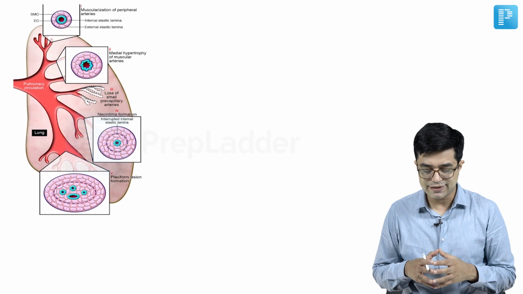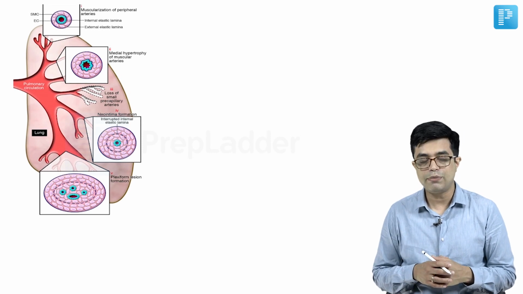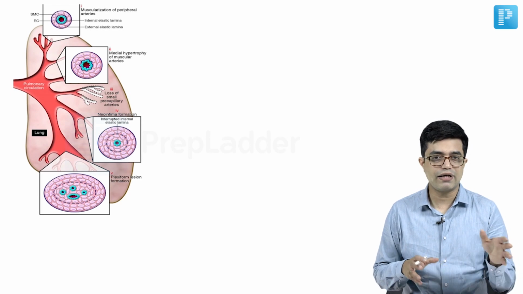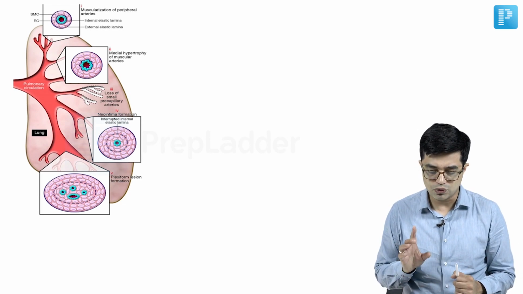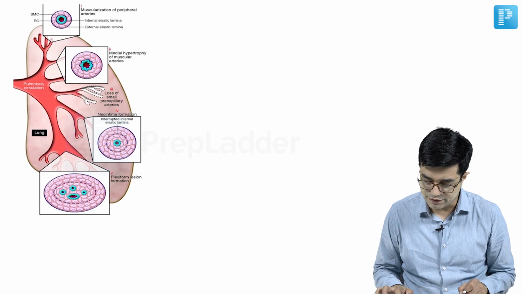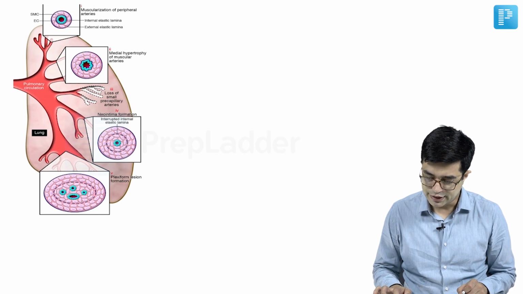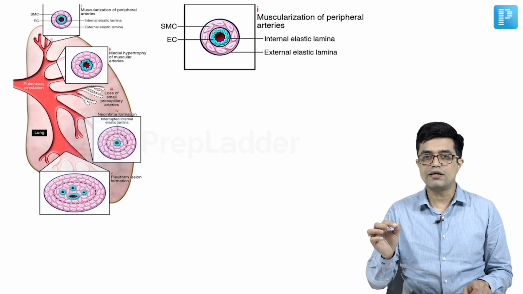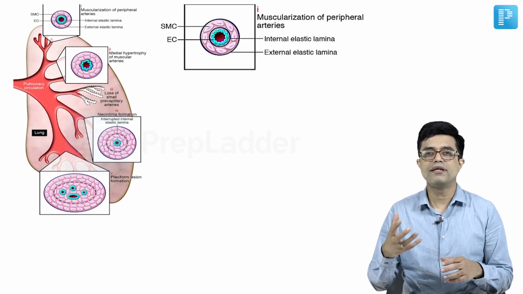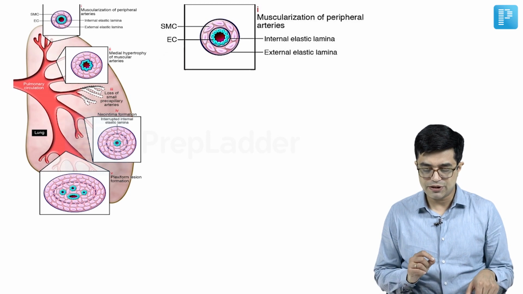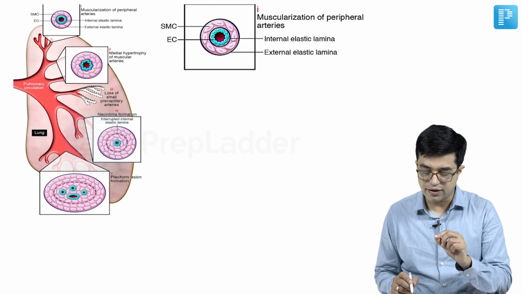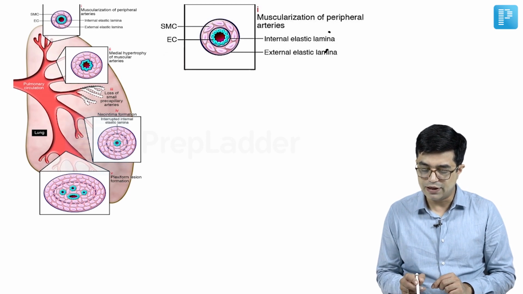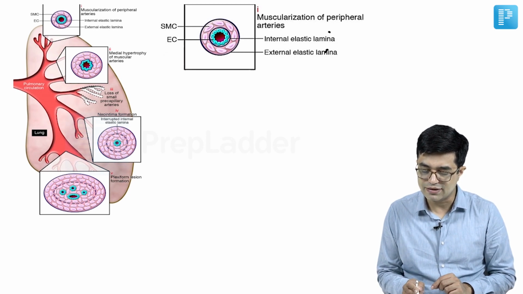This diagram is summarizing the 5 types of changes happening in the pulmonary arteries in pulmonary hypertension, and they occur in children as well as in adults. So I'll try to zoom in. First of all, the first change that we find in pulmonary hypertension is in the peripheral arteries. Normally, the peripheral arteries do not have a very thick muscular layer. What happens in these patients is that between internal and external elastic lamina, as you can see, there will be development of smooth muscle cells.